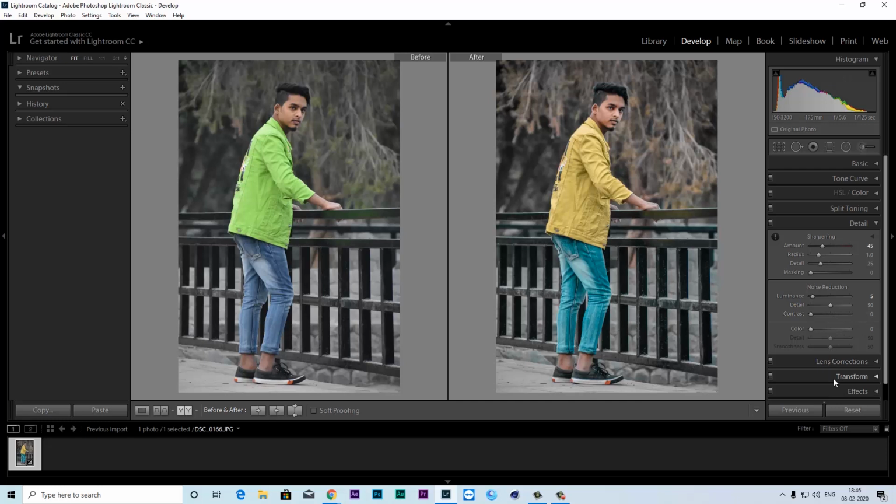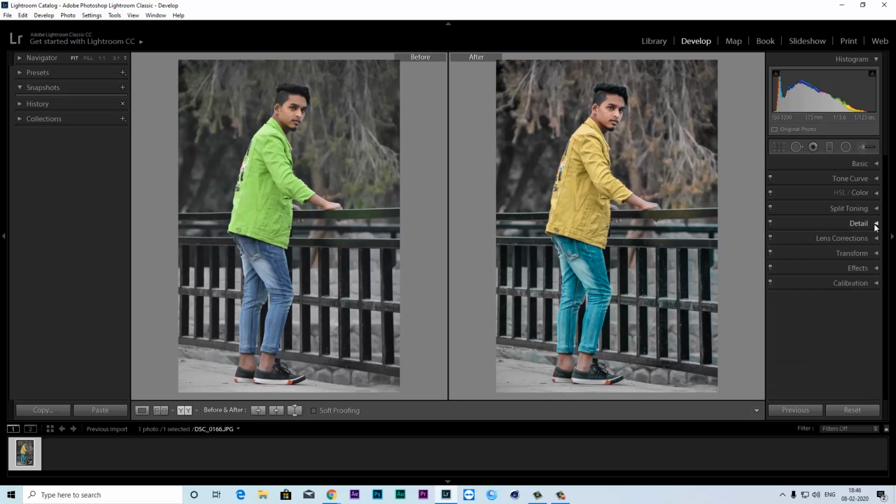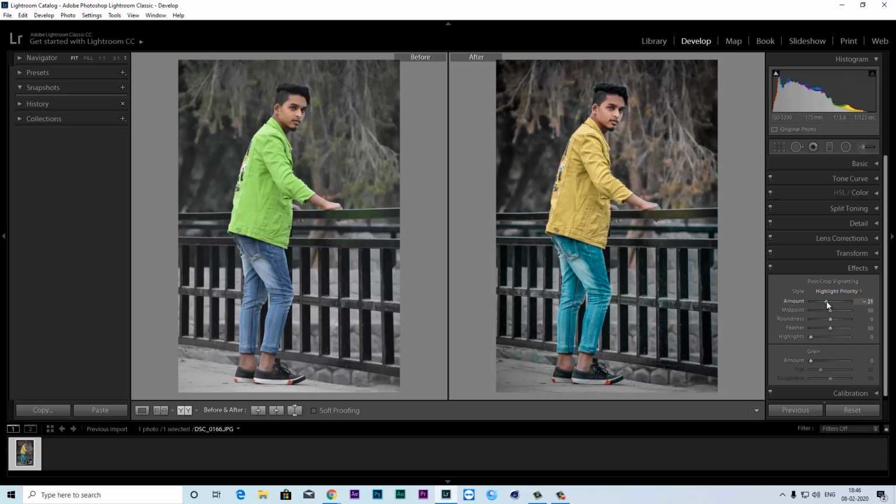And go to the effect, and decrease the amount like 50, and increase this amount 80, 85, something around,